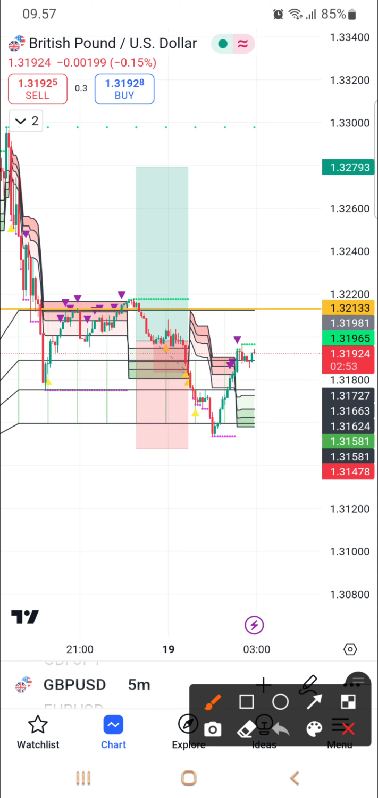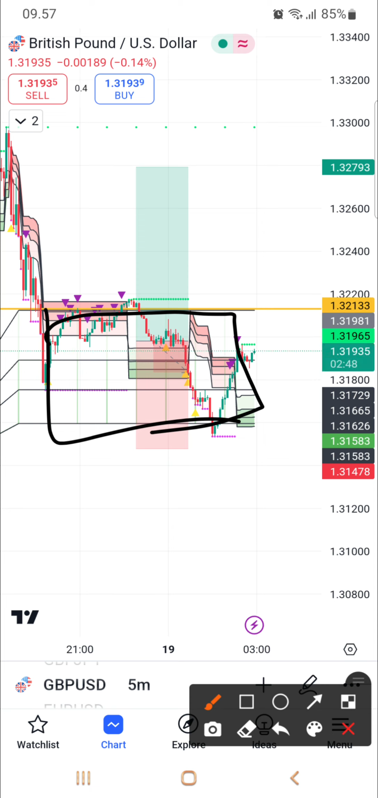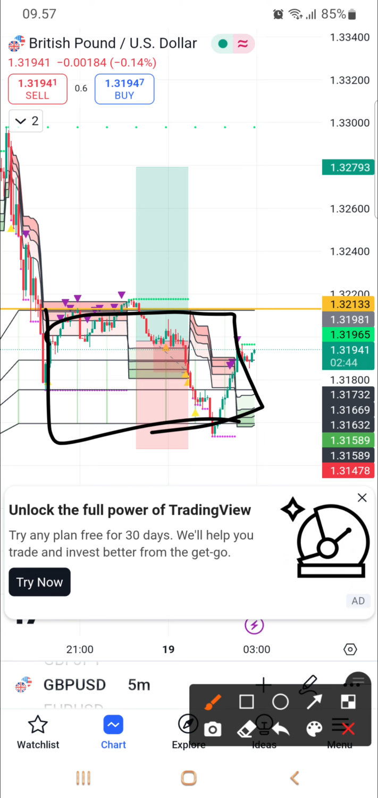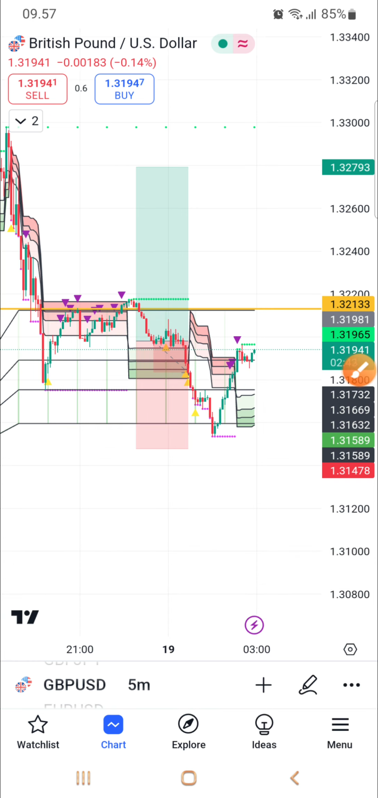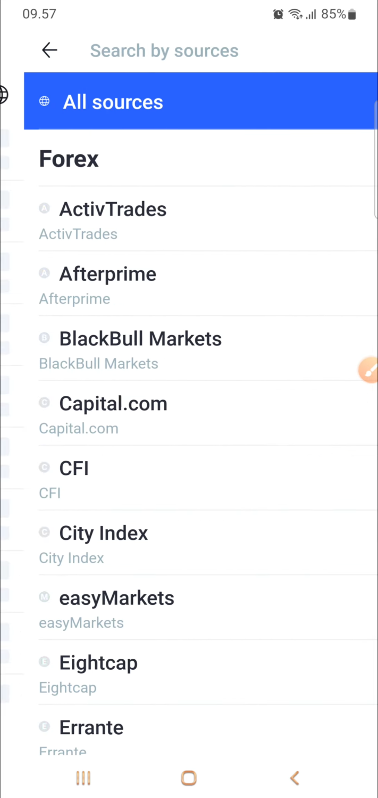Because the price is currently at the supporting level, that is the reason why we have to buy. Okay, and then this is the same with